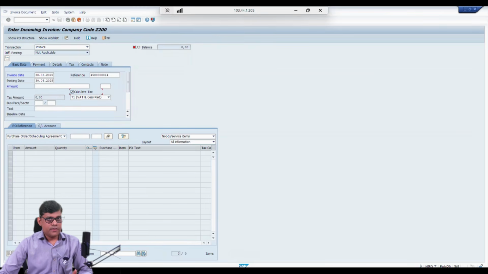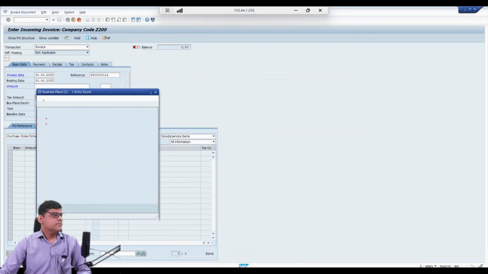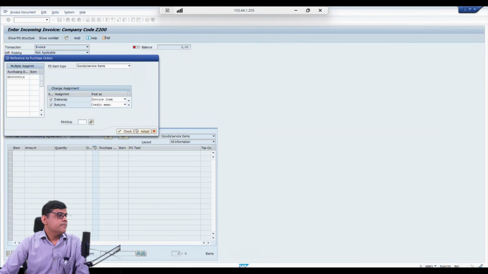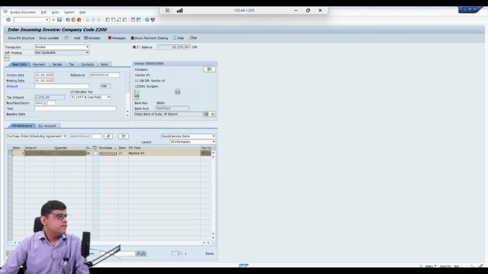Tax also will be there as per my configuration. Although in my example a tax point was not there, in these settings the tax configuration is already there, so I have to include that. And I'm going to adopt the information related to the purchase order. So the base amount is 21,000, and as per my tax configuration, the tax calculated is 1270.50. So the payable amount is